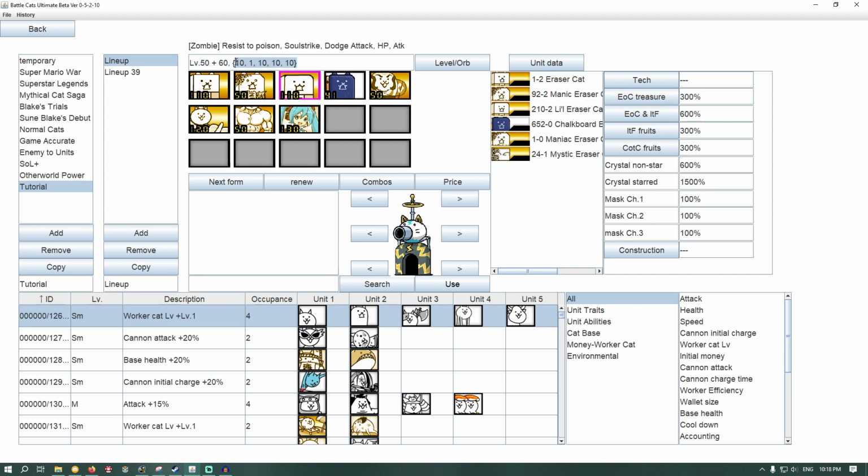Now actually using Little Eraser is perfect for what else I want to explain. So you can set traits up here like talents. So let's say I don't want Little Eraser to have Soul Strike because Soul Strike is bad and horrible and completely ruins the unit. I would change this number from a 1 to a 0. 0 means it's not activated at all. 1 means it's completely active because it's an enableable ability and doesn't scale. Now if the ability does scale, like for example resist to poison, I set this to 0 to disable it completely,